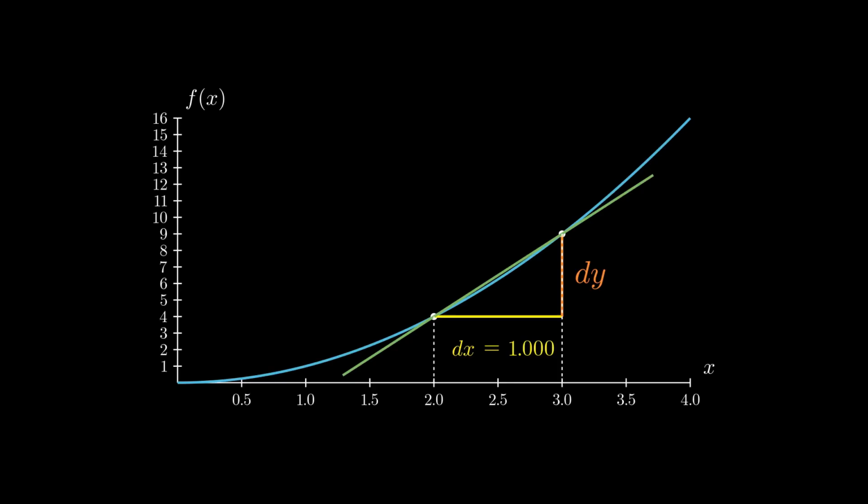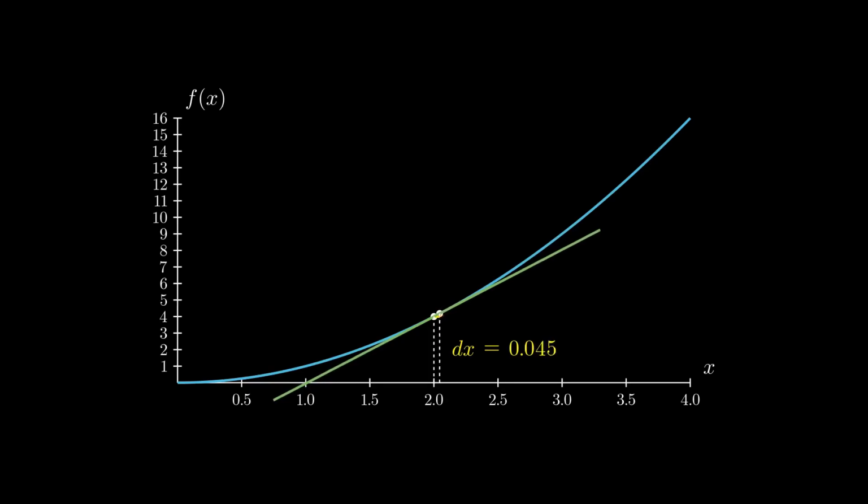Note that this line crosses our function twice in the neighborhood of x equals 2. If we keep repeating this process with smaller and smaller steps to the right, the line we draw each time will be closer and closer to the actual tangent, which is the line that touches the function at just one point x equals 2. This process of taking smaller and smaller steps to approach an ideal condition is called taking the limit. And the process of taking the limit of the chords joining the points to the right is referred to as